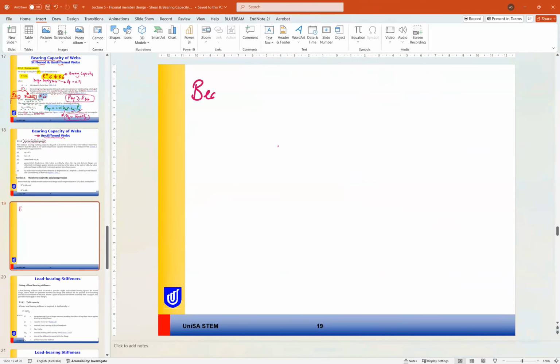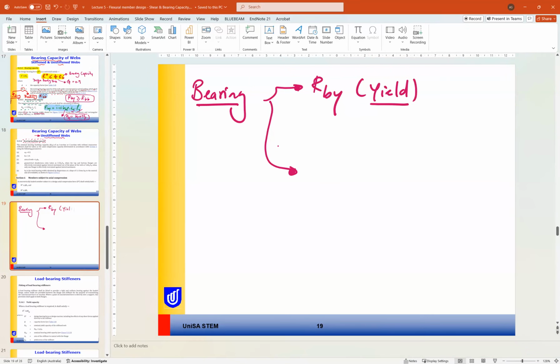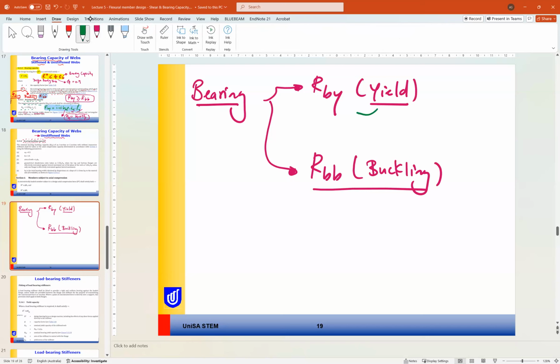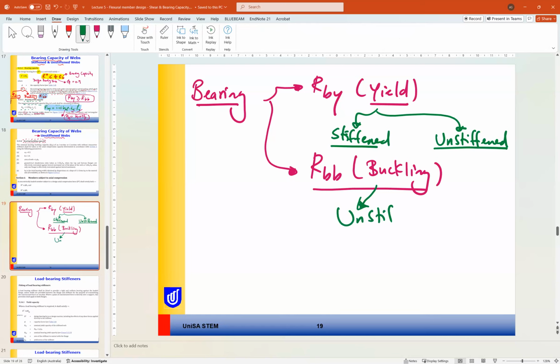This means for bearing, we have two values, RBY for yield and RBB for buckling. RBY is for stiffened and unstiffened webs. Buckling is only for unstiffened web. So this means if you have stiffened web,